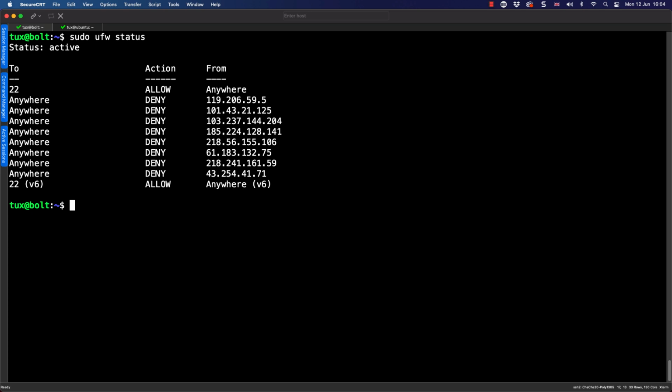Now, this system has only been up maybe 6 hours or so, but let's go through and check it with uptime. And of course, using the command uptime, it's going to show me how long the system has been up. And look at this, 5 hours and 21 seconds. And I've already got something like 8 IP addresses that have been banned.